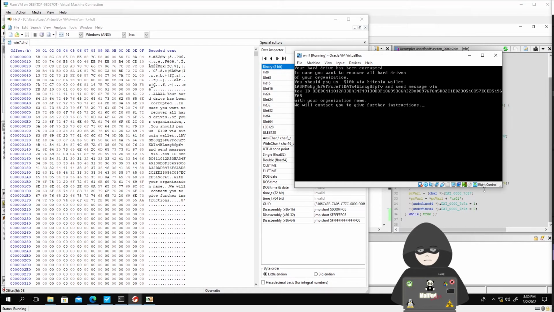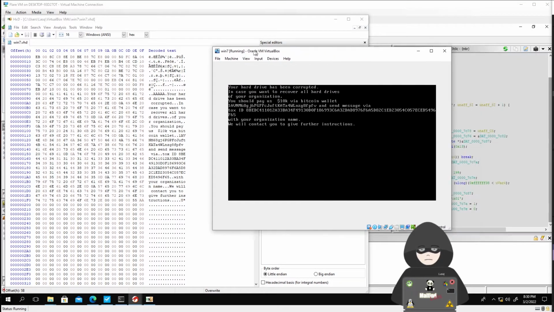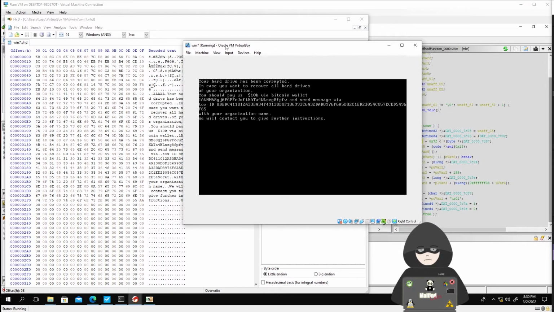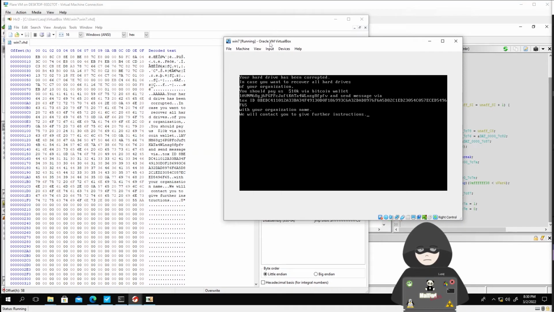So after we rebooted our machine, you can see this ransom note. Oh, your hard drive has been corrupted. In case you want to recover all the files, you need to pay 10K. But of course, it's not gonna do much,